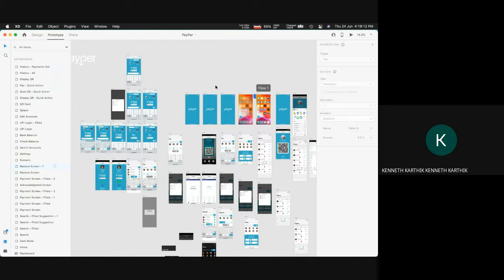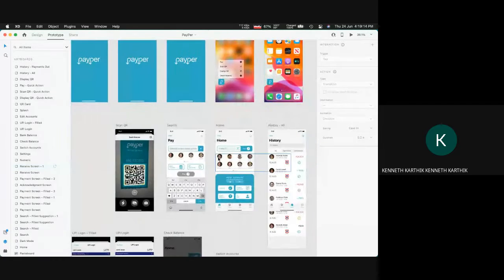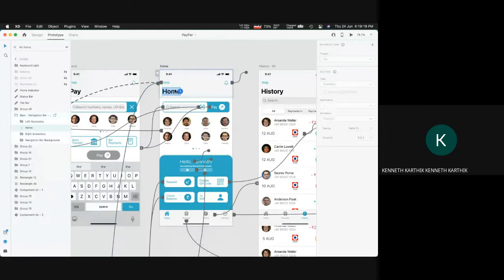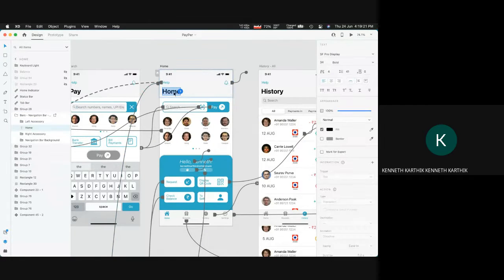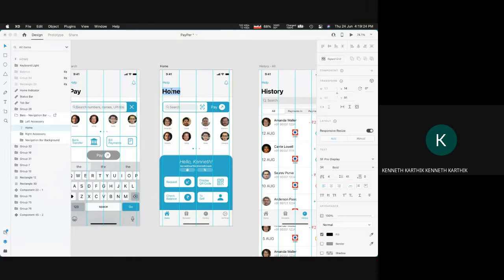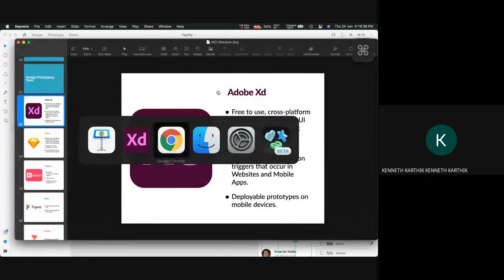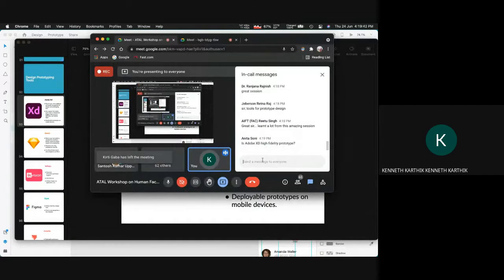It's very simple. What I've done over here is, this is my home screen, and all of these elements are interactable, and I can edit them. I can just change this. You can see all the work that's gone into it. This is a scrollable window here versus all of the segments in each of my screens, basically trying to get the spacing right. All of this is based on the Apple guidelines which they've provided, and Adobe XD is a high fidelity prototype because it's close to the actual thing.